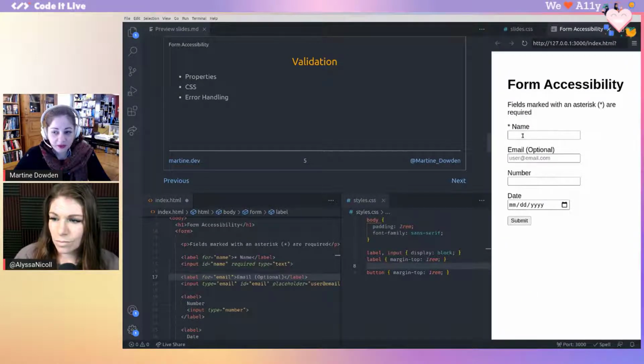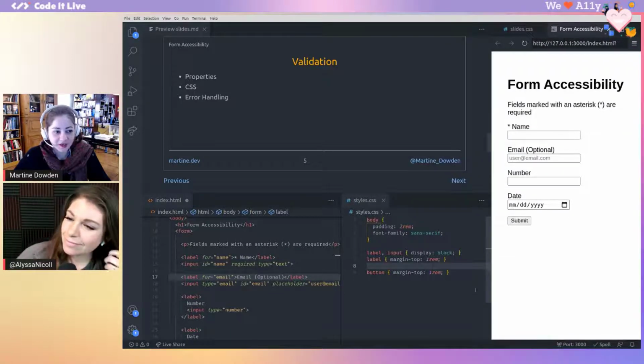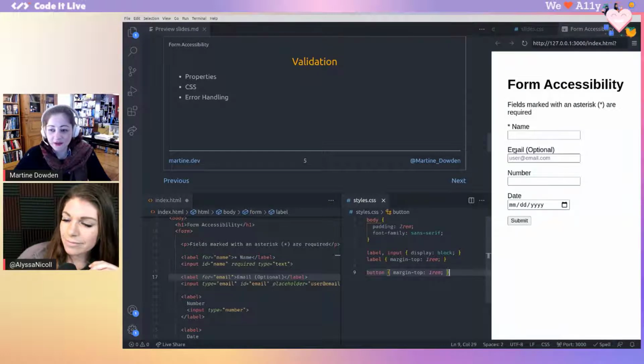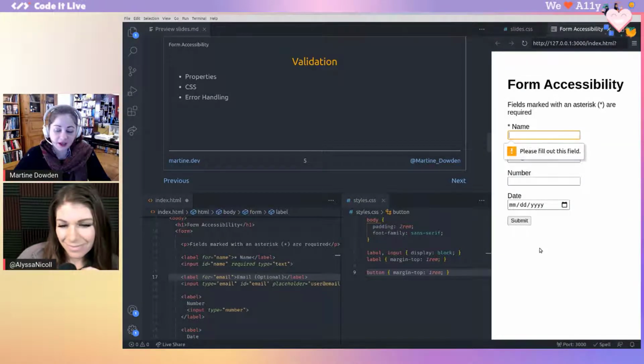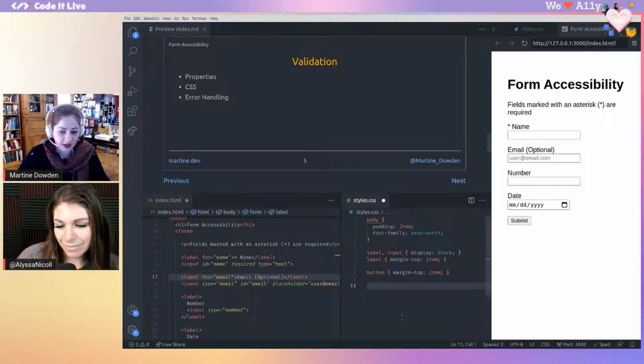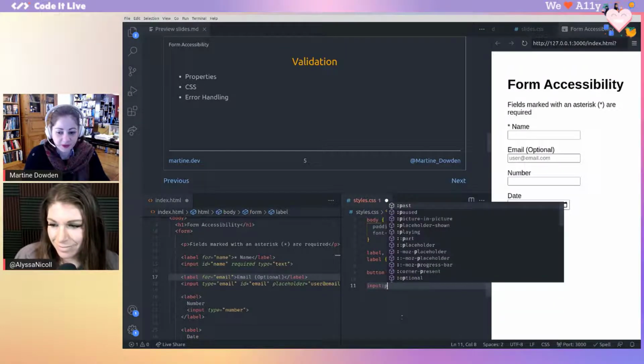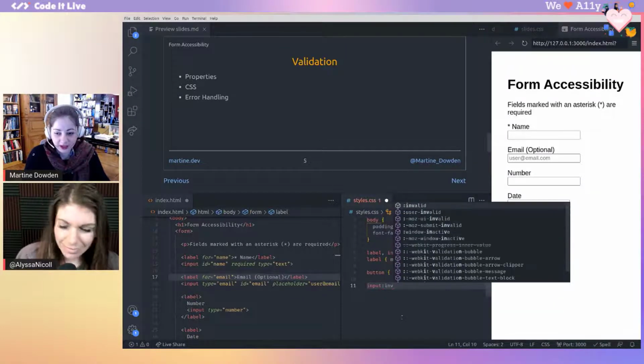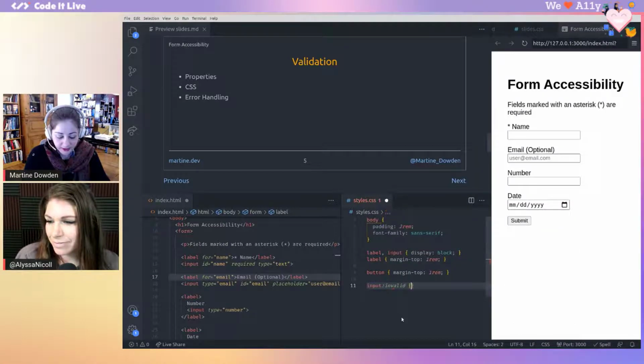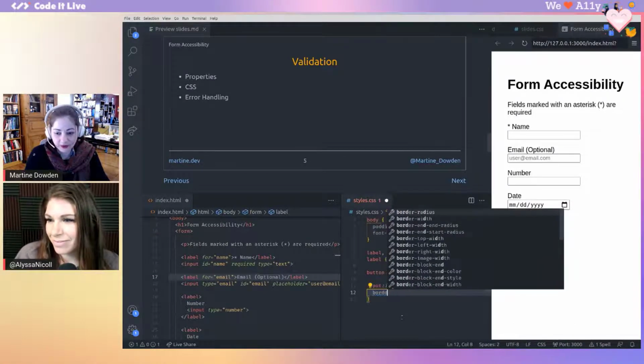The other thing we can do is start writing CSS, and notice I haven't written any JavaScript yet, and I don't plan on it in this demo. We can start writing CSS to mark that this field is required, it's going to fail, it's technically invalid. We can actually start delineating that with just CSS by saying input, I'm going to use its pseudo-class of invalid. I'm going to give it a border